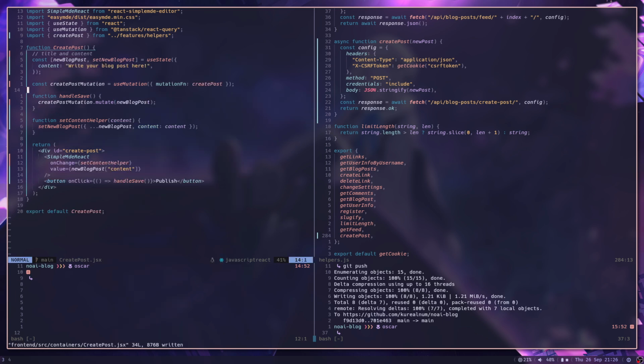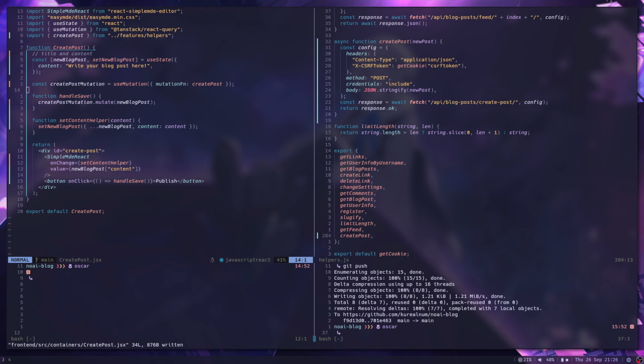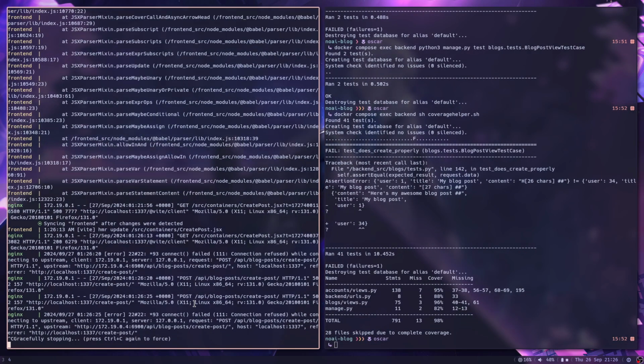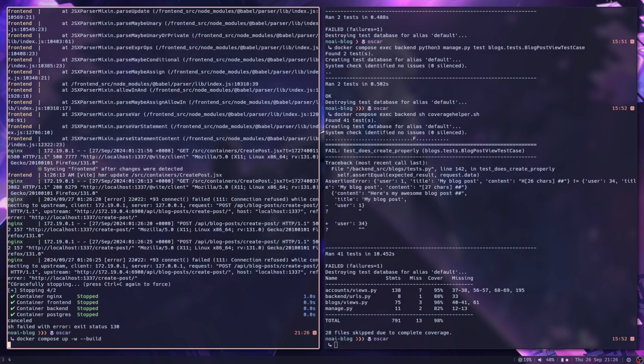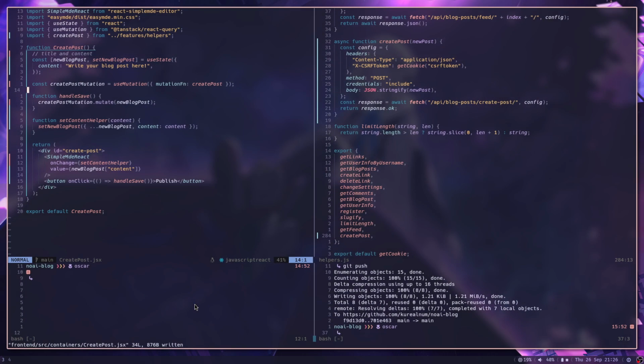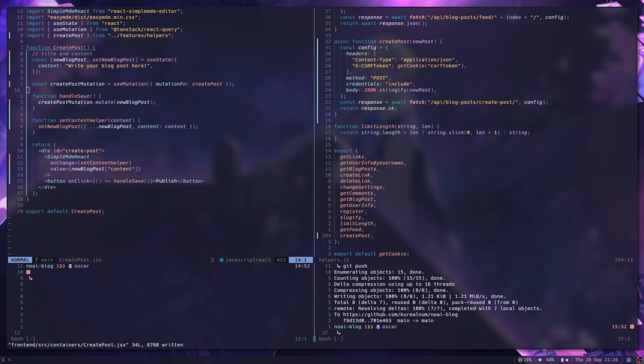That's great. But now I need to render based off of the state that that mutation is in, right? So yeah, that's going to be interesting. And also, I think my backend isn't running for some reason, so I'm going to be basic and just rebuild it. It happens every now and then I get weirded out. I'm like, why is it not running? And that's because it's not running. Anyways,